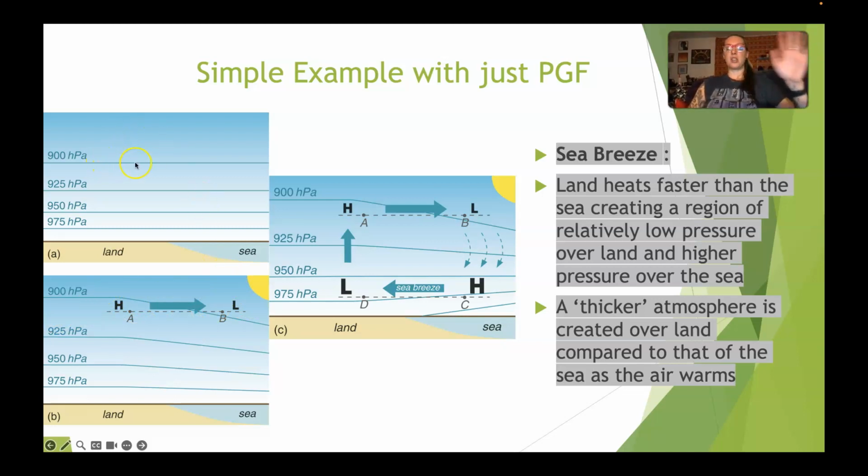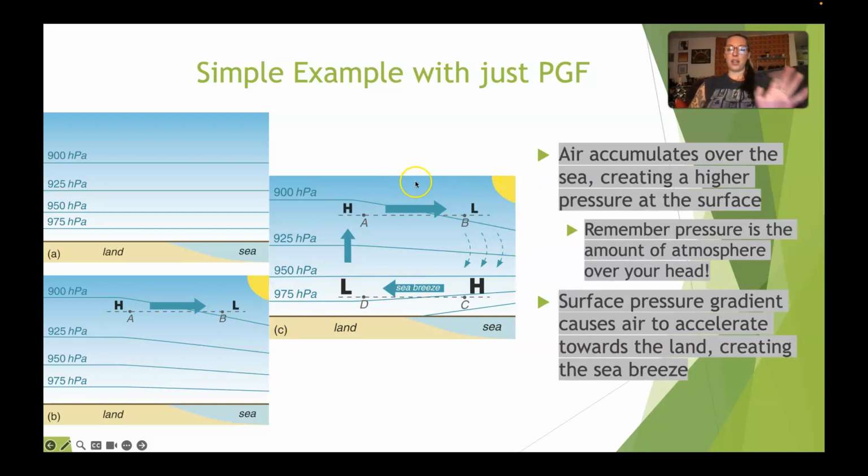So the big thing to take note of here is the contours, the horizontal lines here, and what happens to them over time. So with A, they're all parallel. In B, there's a little bit of a thickness over land and then a little bit of a curve over the sea. And then